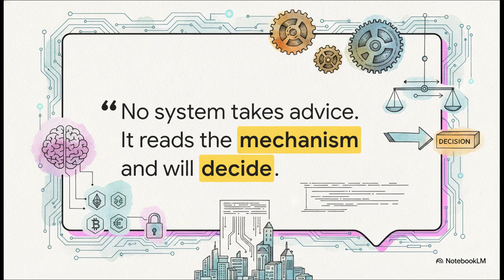I want to wrap up this explainer with an incredibly potent quote directly from the research. No autonomous system will ever take investment advice. It will read the mechanism, model the incentive graph, and decide. As we keep building out these personal AI operating systems and plugging them into new micro SaaS tools, they are inevitably going to collide with this machine-native economy. The future of finance isn't human day traders. It's autonomous software reading the code and making the call.